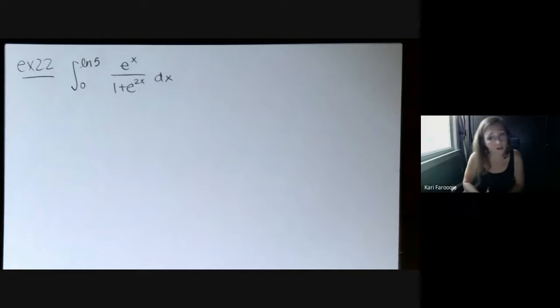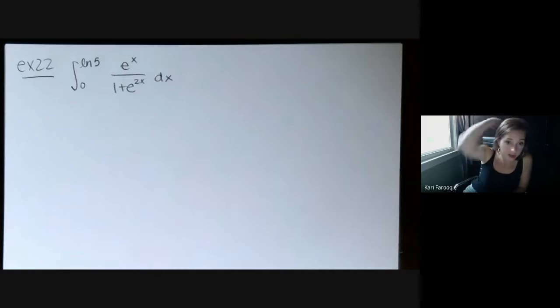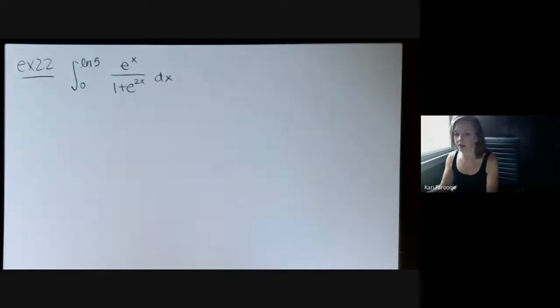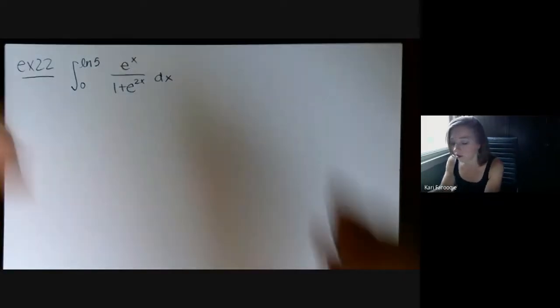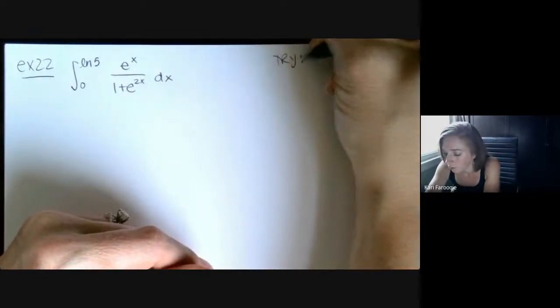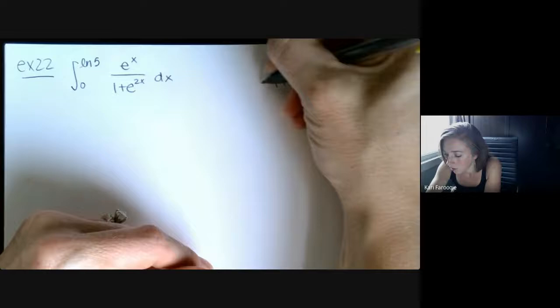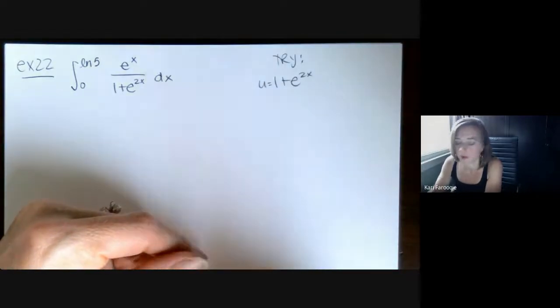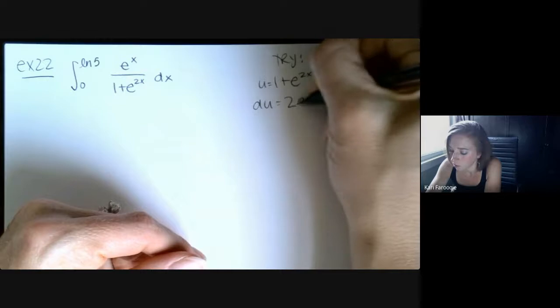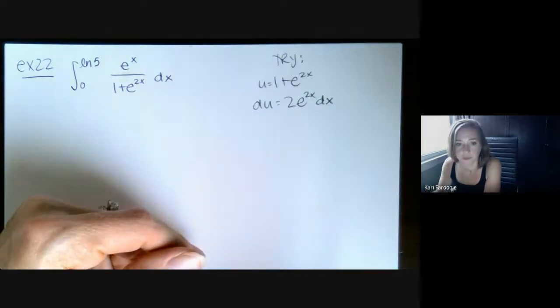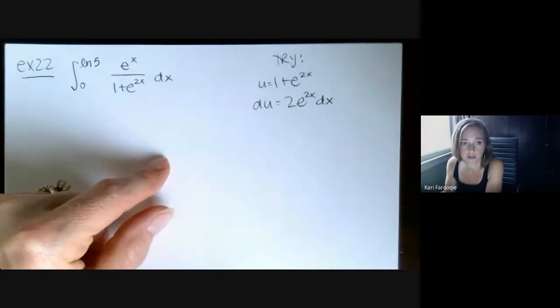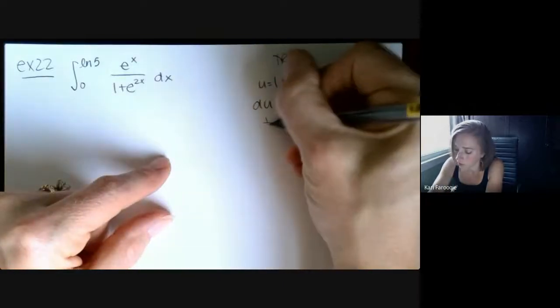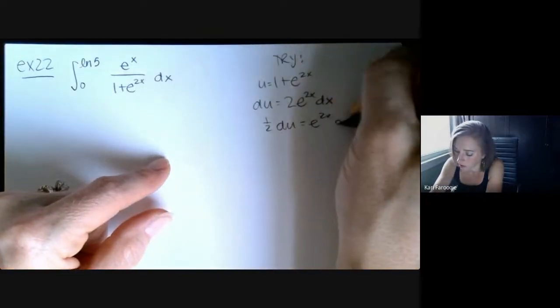Now, this is actually in the form of an inverse tangent. It's not obvious by looking at it, but it actually is in that form. And if you weren't sure, what you would try to do first is you would try letting the denominator be u. And then you would get du equals 2 e to the 2x dx. And then you'd end up with an issue here because you don't have e to the 2x, you just have e to the x. So even if you said, all right, fine, 1/2 du is e to the 2x dx,